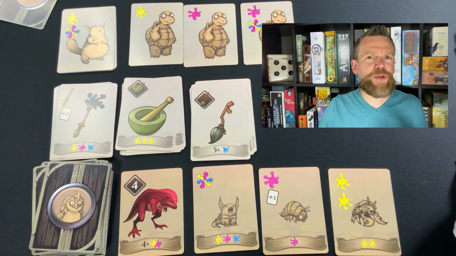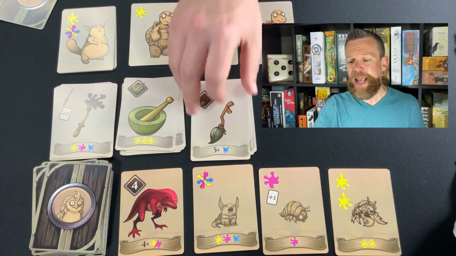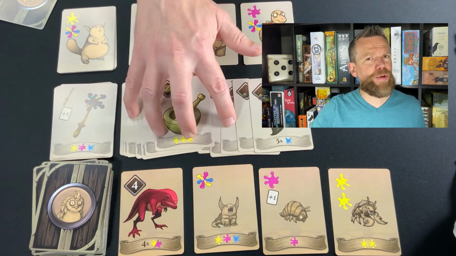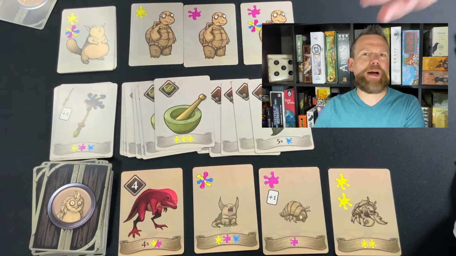If I draw these as one of my 3, they're not helpful. They're only helpful at the game's end. And the game will end. There's a limited number of them. The game will end when both of these stacks are down to 0, or when a player can't really do